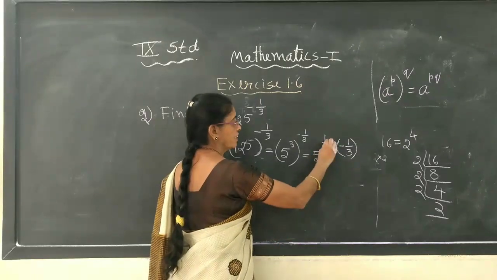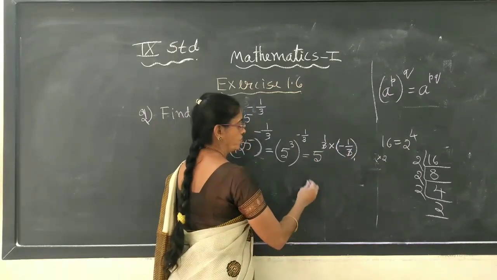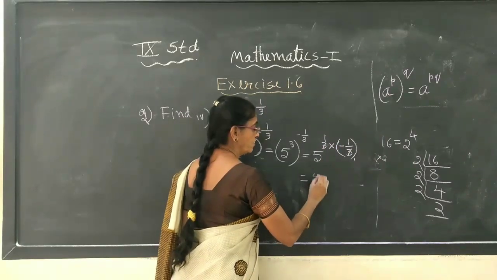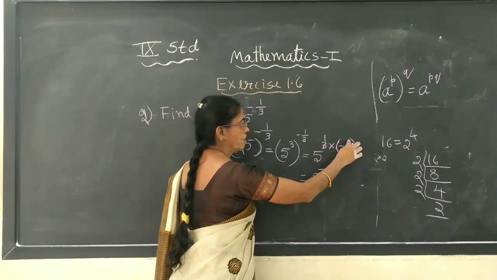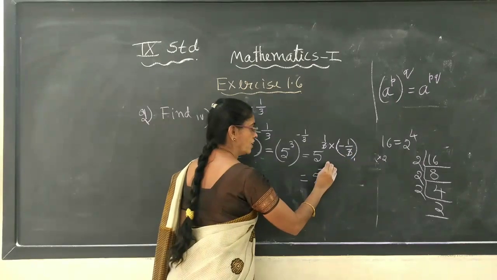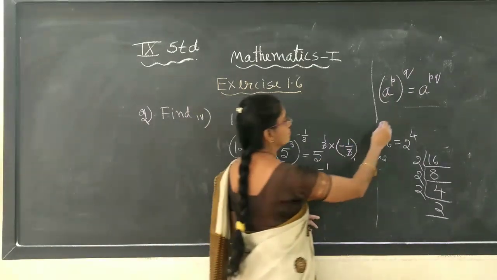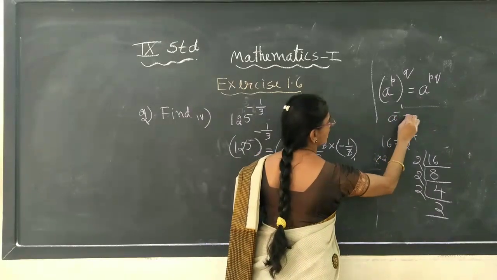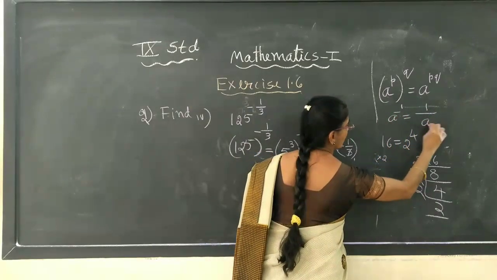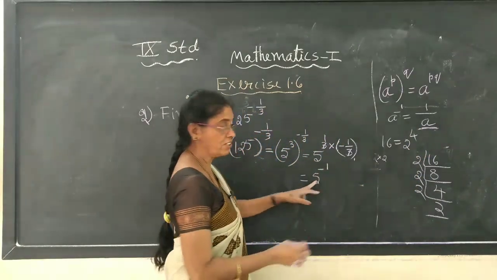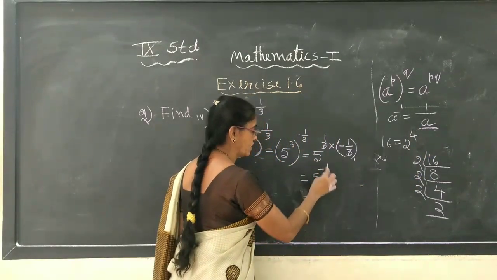Now 3 ones again, 3 ones, it is equal to, plus into minus is minus here, 5 to the power of minus, 1 into 1, 1 divided by 1, it is 1 only. Now you learned in 8th standard, a to the power of minus 1 is nothing but 1 by a. It is 1 by a. You can write this answer, write it as is, or if you don't want a minus sign, it is